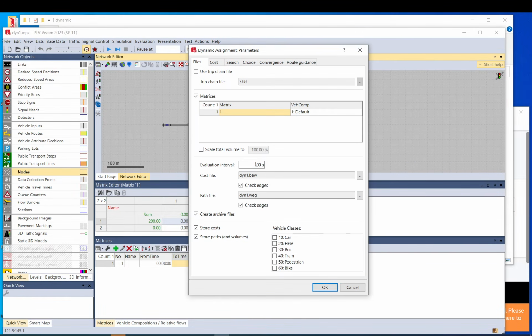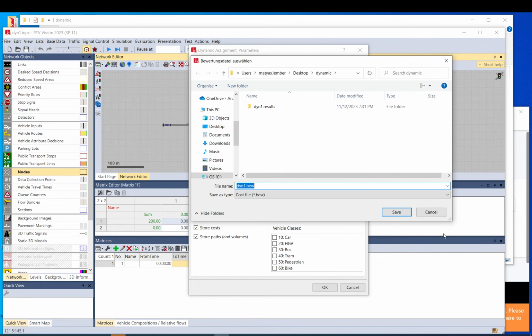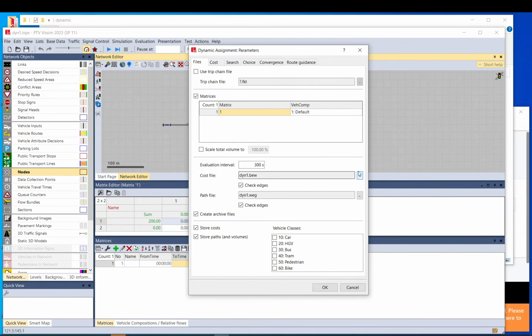When we go back to the parameters, if you come down here, there is a cost file and a path file. If you want, you can select a different one here and here. But you can just use whatever it is, or if it's empty and there is a question mark, you can just use it and it will create one matching your model name. And create archive files. After each run, it will save a path file and a cost file,